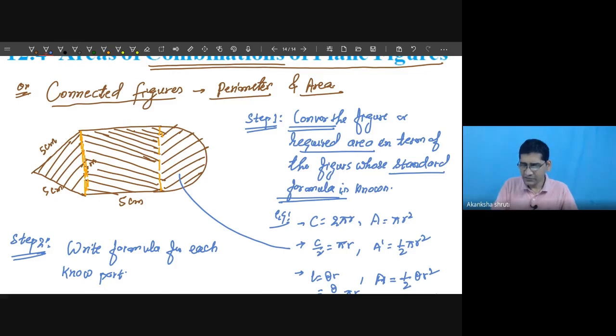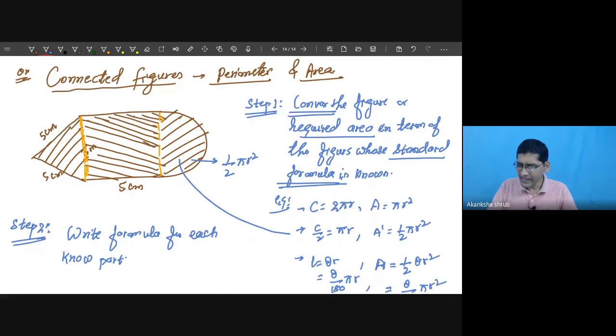So for this, I will write half pi r square. I am considering the area. What is the A and what is the R? That can be determined. Since it is a square I have taken, the diameter is this A. So the radius can be calculated by A by 2. So it is like our 5 by 2. It is this much.